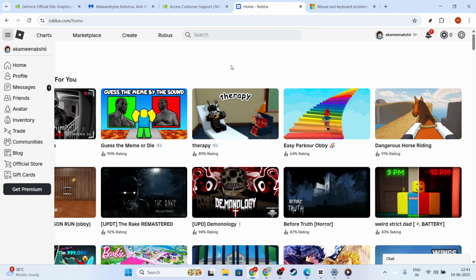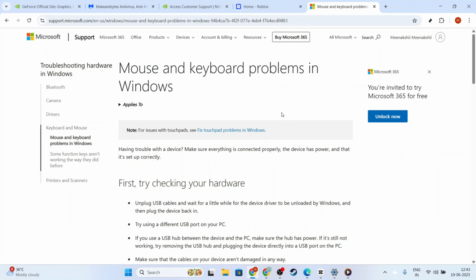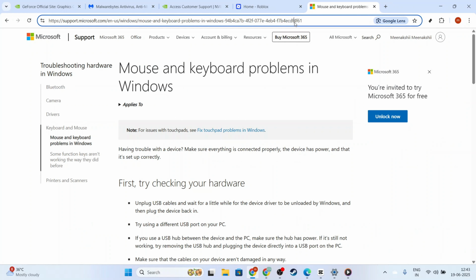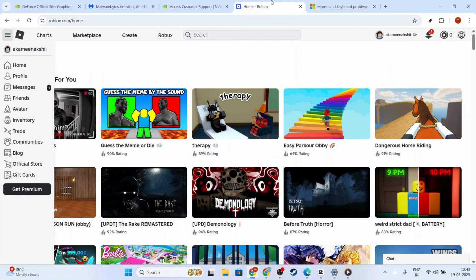Next, if restarting didn't do the trick, let's make sure your keyboard's driver is up to date. Drivers are essential for your computer hardware to communicate properly with your operating system. To check this, go to your Device Manager. Once you're there, find the section labeled Keyboards. Click on it, right-click your keyboard device, and select Update Driver. Follow the prompts to search automatically for updated driver software. This will either confirm your driver is up to date or locate a newer version and install it, which might